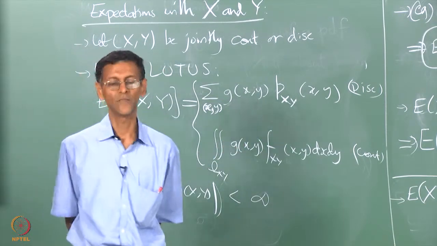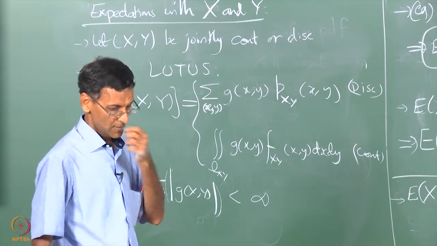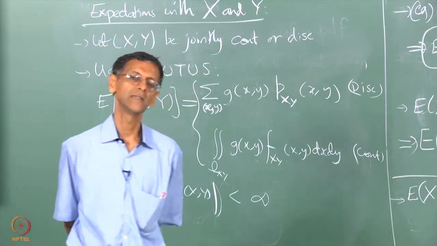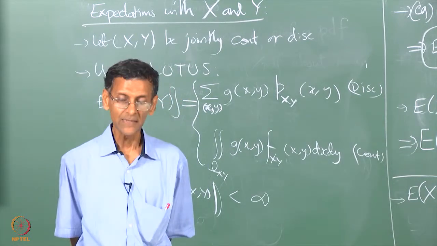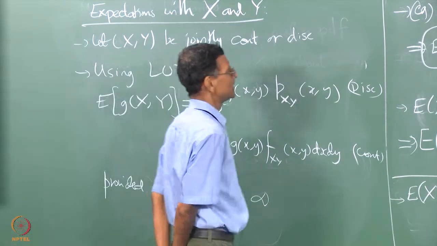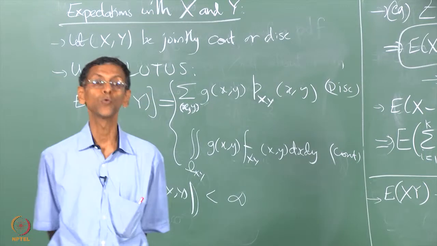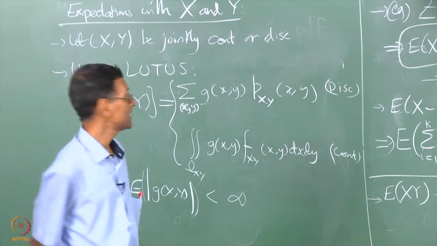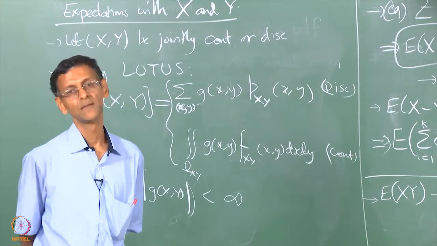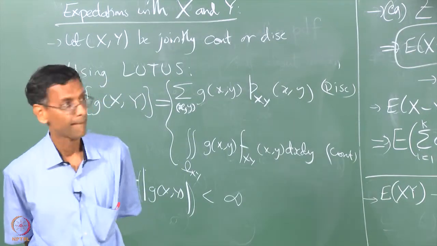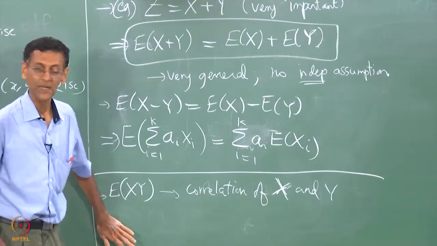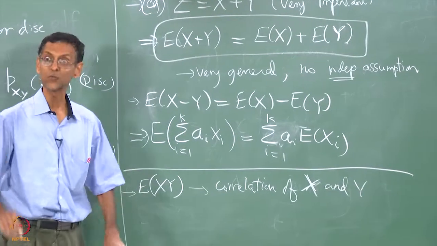Now, okay, fine, I have xy, but can it simplify? In general, you cannot simplify that sum or that integral, the double sum or the double integral. You can simplify only in the case that the joint is a product of the marginals, i.e. x and y are independent. So when x and y are independent, I am going to use right at the bottom here,